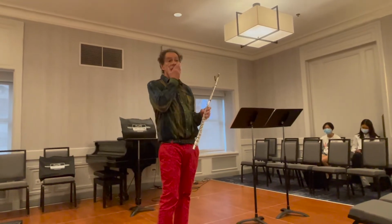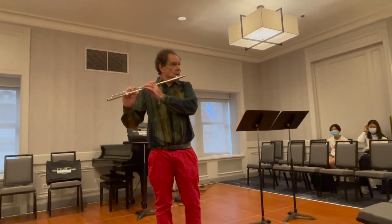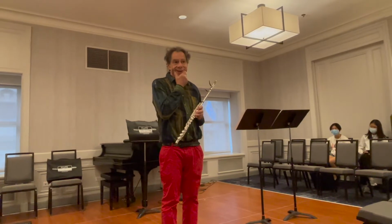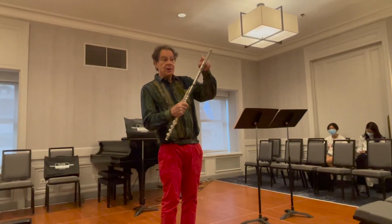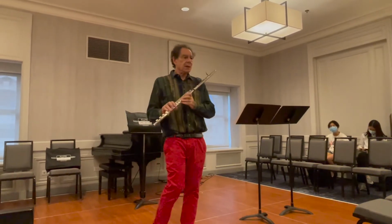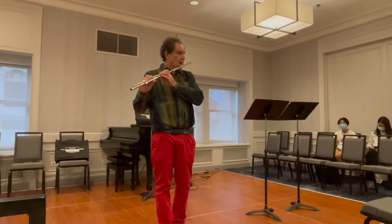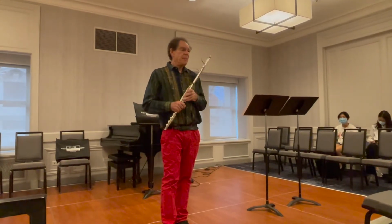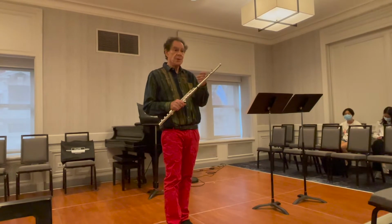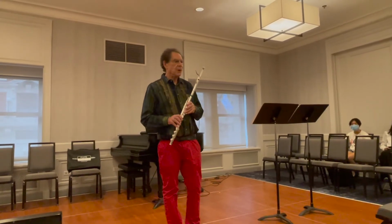If you look around this room, you see so many different physiologies, and so you want to find a place where you can use the head joint and it doesn't feel tight. When you bend it, put one finger here at its base and just bend it that way, or bend it this way. Ideally, you want to be able to pick it up and not know it's there. I can feel it a little bit, but basically I'm just really playing the flute. So yes, everybody does that adjustment. What else have I forgotten after 2 years? It'll come to mind. Okay, so anyway,